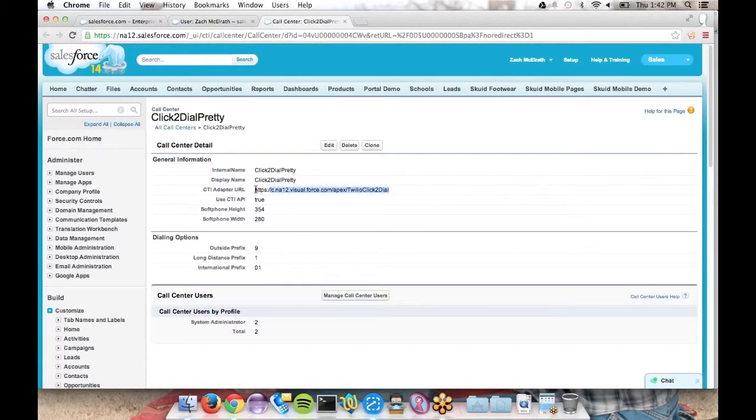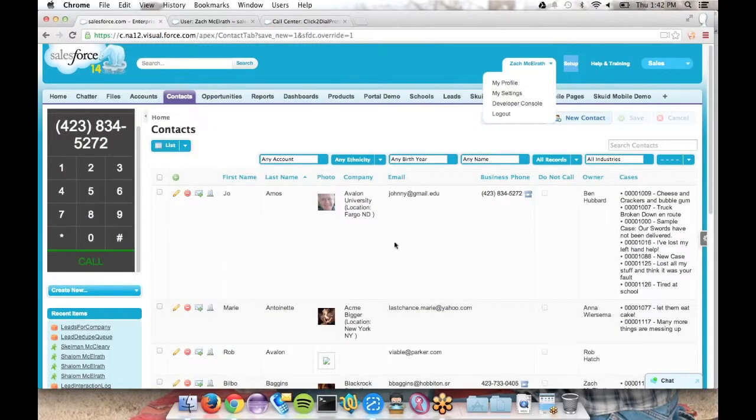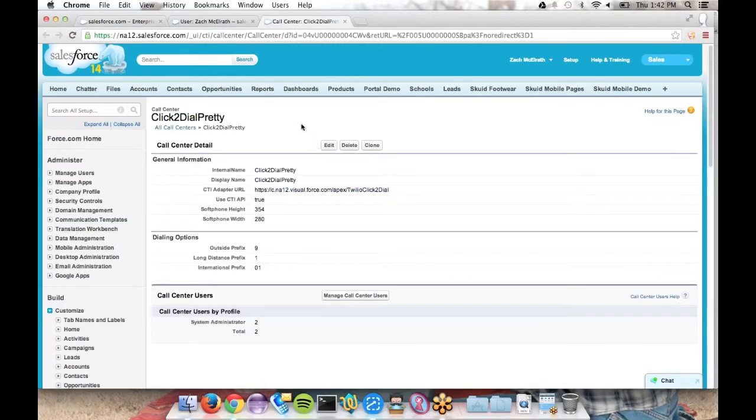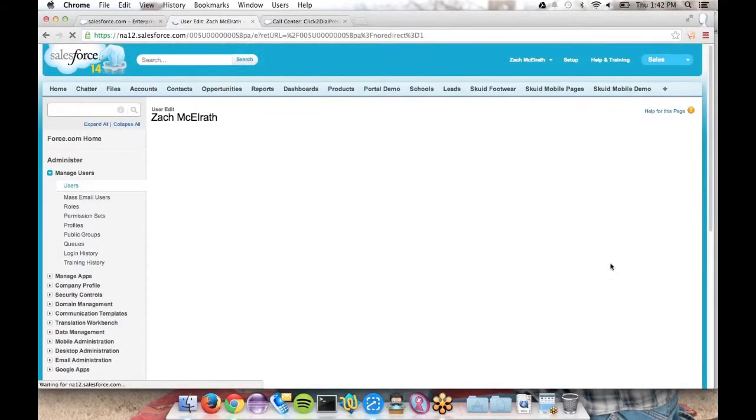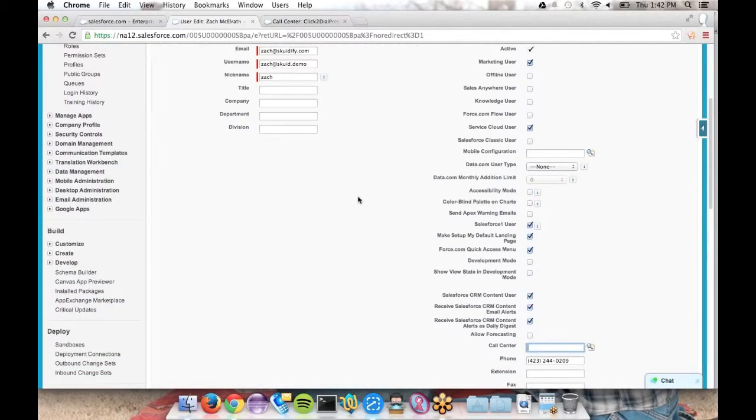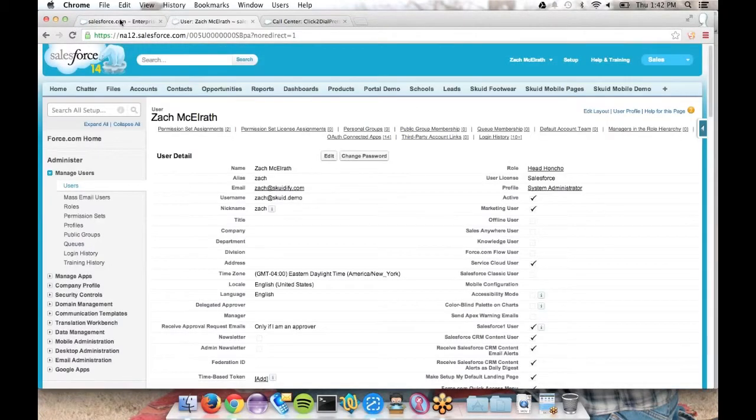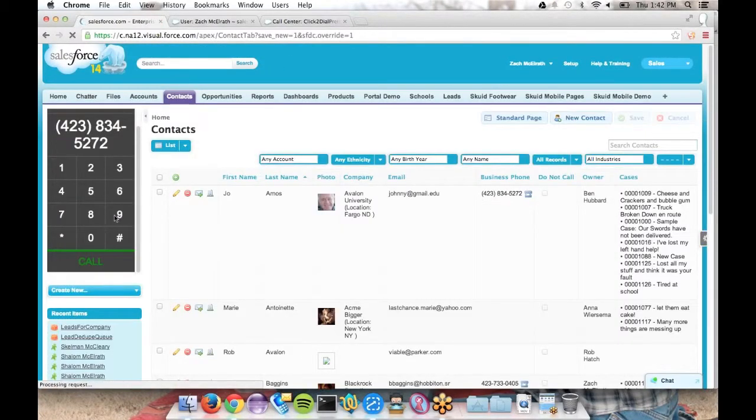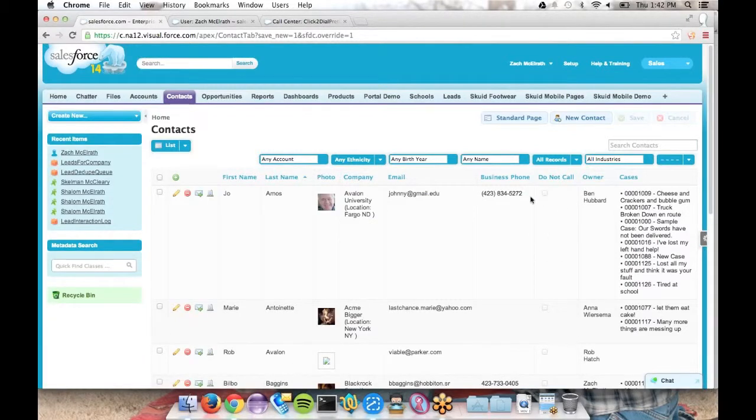So you configure this, and then Salesforce sends messages back and forth between the UI here and the rest of your pages, so that if I initiate a call from this page, it'll go influence the phone over there and send it out. So if I took this off of my user record, if I got rid of my call center, and then went back to this page, this top sidebar is not going to show up, and the little phone icon is not going to show up either. That's exactly what happens in regular Salesforce layouts, but now it's happening in Squid.